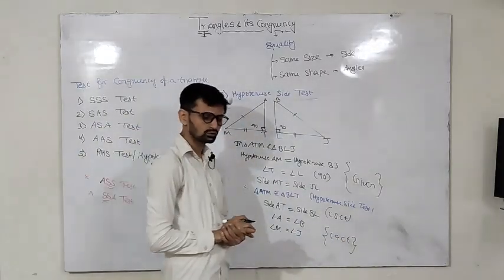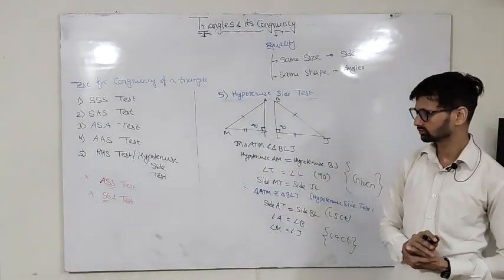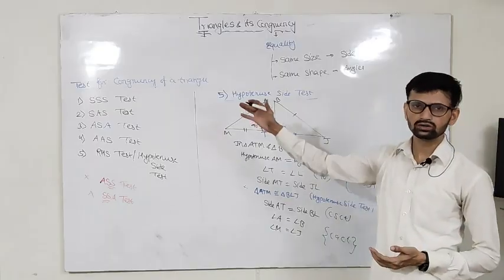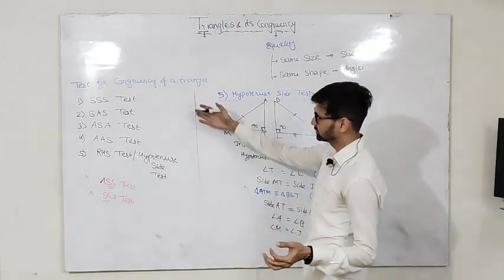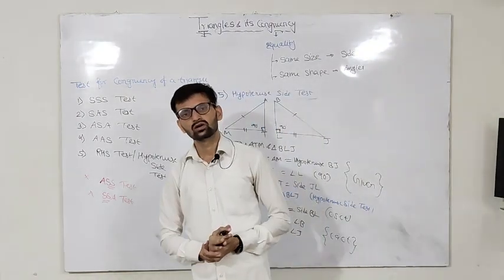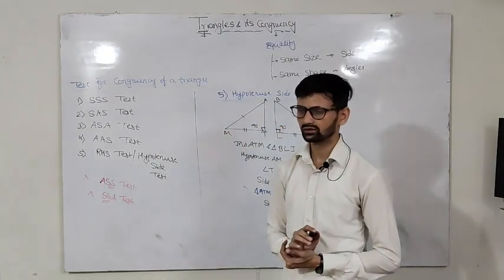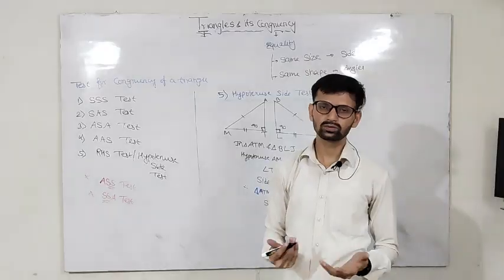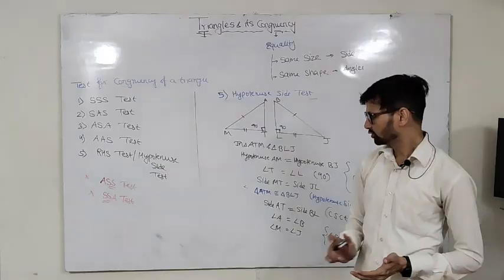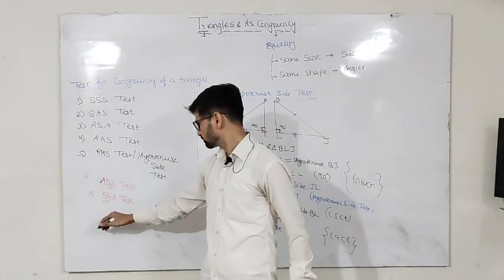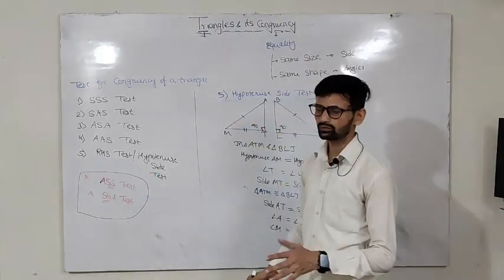So here we can conclude all the 5 tests. So here we have completed all the 5 tests. If you have to prove 2 triangles congruent, then you can apply any of these 5 tests. It depends on what information is given in the question. You can apply any test. In some questions it might be possible to apply more than 2 tests, so as per your convenience you can apply any test. You can't apply these 2 tests since these are not tests. These triangles might or might not be congruent.